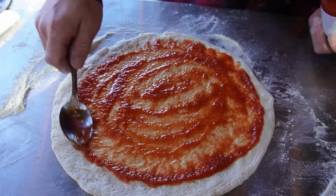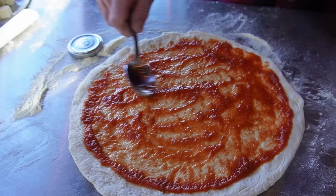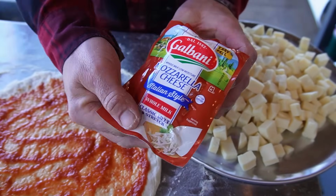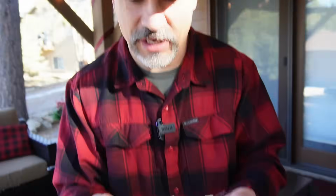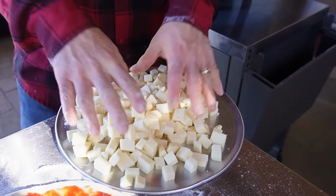I've learned over the years that you want to use less sauce than you think you need. Should look a little thin. You should be able to see your dough through the sauce. Del Galbani whole milk Italian style mozzarella cheese. It's so good. It's easy to work with. You don't have to press the moisture out. Just chop it up into little cubes and you'll get the best stretch, the best melt of any type of